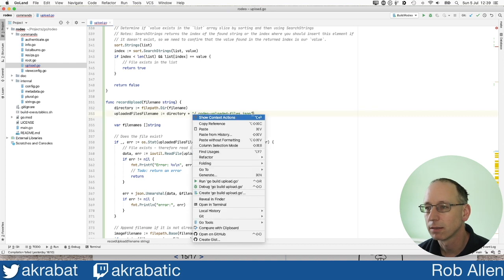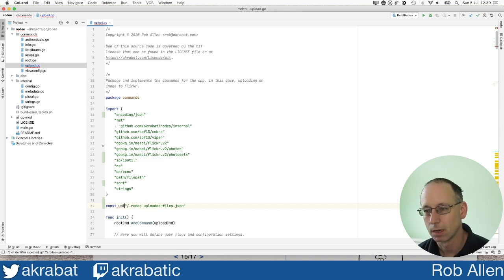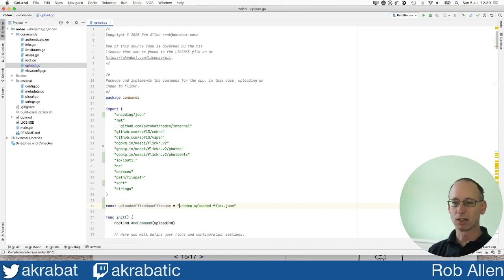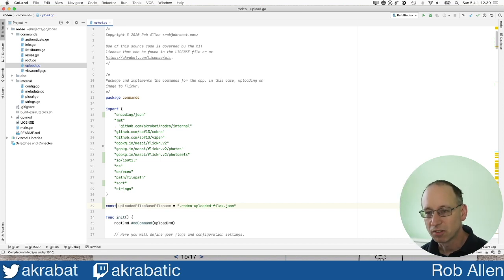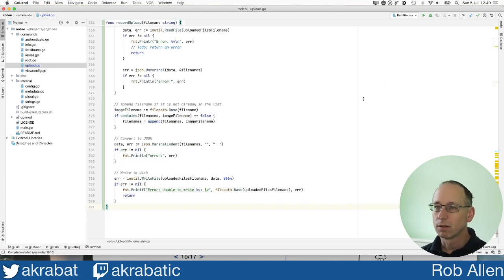There's that. Whoops. It's going to be that. Uploaded file name. Files base file name. Equals, and clearly we don't have to start with a slash. Let's go look like that. Lowercase u, because I don't want it to escape this package for now. So now we can go down here